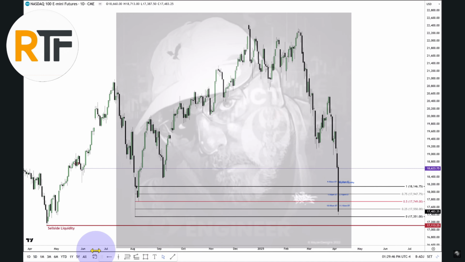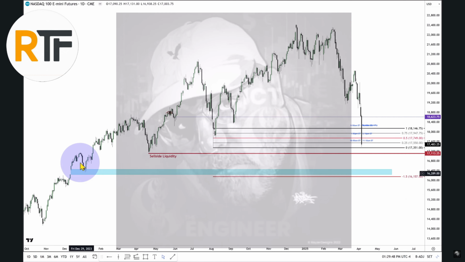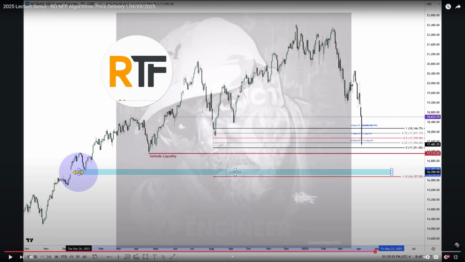If it wants to go further, we have this low and this actual real liquidity void, which is a common gap. That's what a liquidity void is. So this daily chart is the continuous contract,